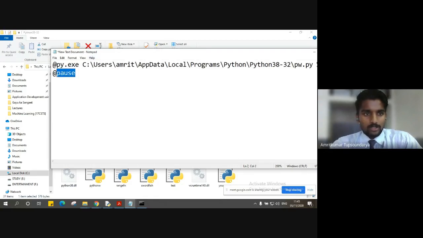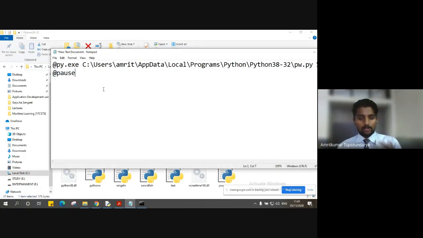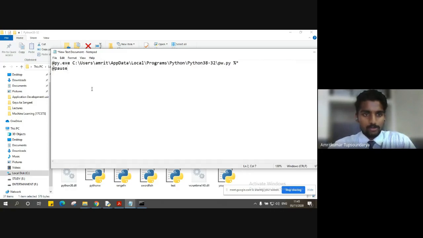Yeah, @pause, because once your program gets executed, the terminal automatically gets terminated. In that case, we will not be able to see the output. So in order to view that output, we have to pause after execution. That is the reason for having this pause here.